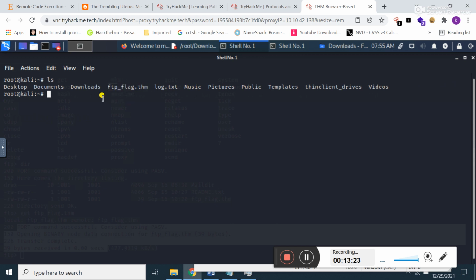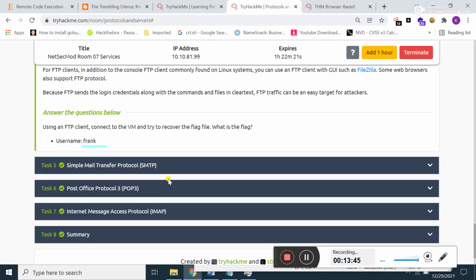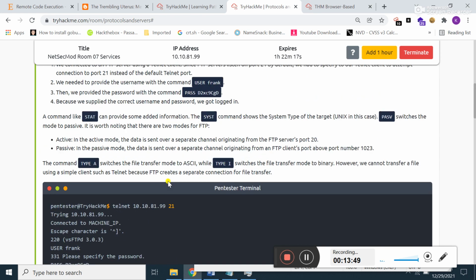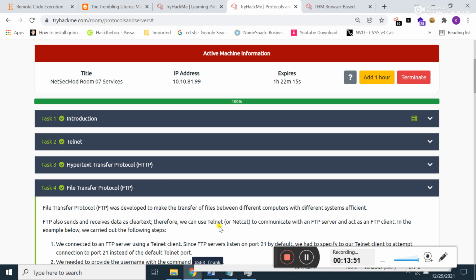Right now this is not in executable format. I just type chmod plus x and then ftp in order to make it executable. Now if I type cat on the flag file, see, I've successfully found the flag for this task related to FTP. So in this way you can use the file transfer protocol in order to connect to your victim.